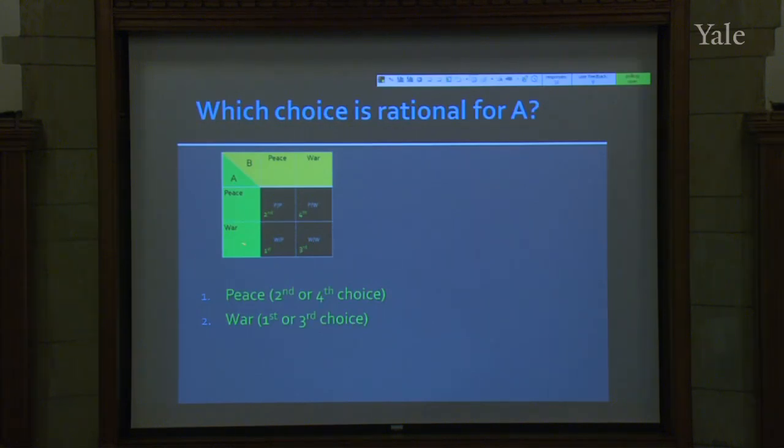So, question, if you'll take out your clickers, is this. Which choice, given this matrix, is it rational for A to make? Is it rational for A to choose row 1, where she will get either her second or fourth choice? Or is it rational for A to choose row 2, where she'll get her first or third choice? Okay, so